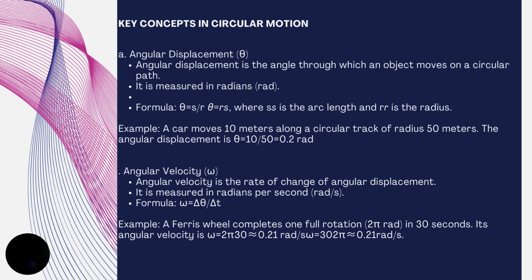So here, the 10 meters represents the arc of that circle, because they said a car moves 10 meters along a circular track. So it means it moves a curve, a bend, and the radius of that circular track is 50 meters. So we just divide to get our angular displacement, S over R, that's 10 divided by 50, to give 0.2